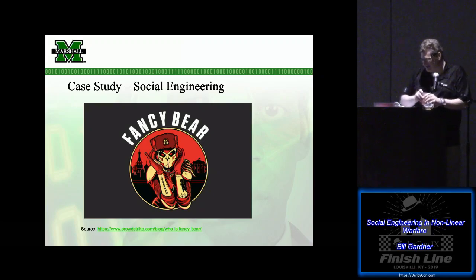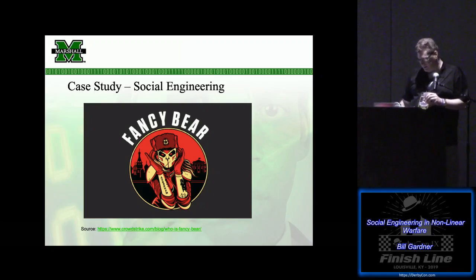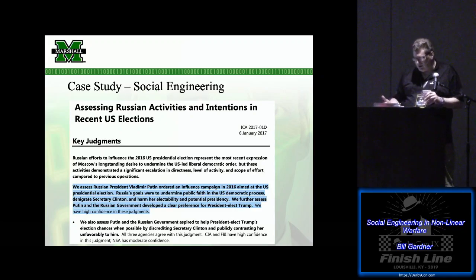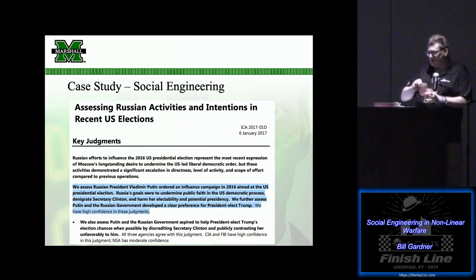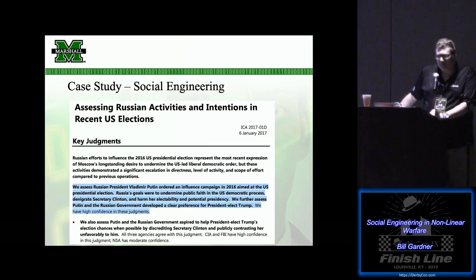So we have the situation where a specific type of malware was used to take over the DNC infrastructure and exfiltrate data, which was embarrassing to a lot of people in the DNC, and which was leaked. I don't know if you all know this or not, but we have intelligence organizations to look into this stuff, and they write reports. So there was an intelligence report written about this specific attack